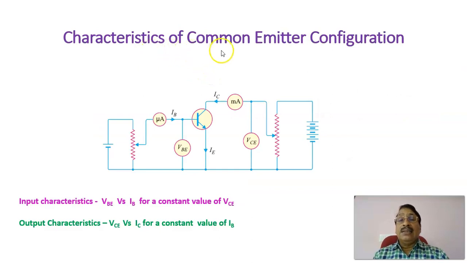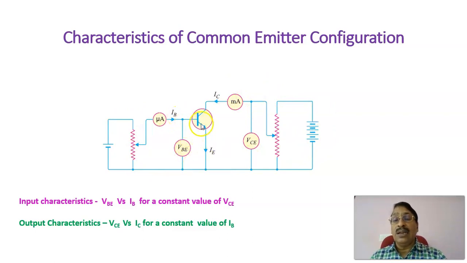Coming to the characteristics of common emitter configuration, we are considering a common emitter configuration in which emitter is common to input and output. And in a common emitter amplifier, input is between base and emitter, and output is between collector and emitter. Therefore, there are two characteristics that we normally call input characteristics as well as output characteristics. Now, if you see this diagram, the input voltage, base to emitter voltage,